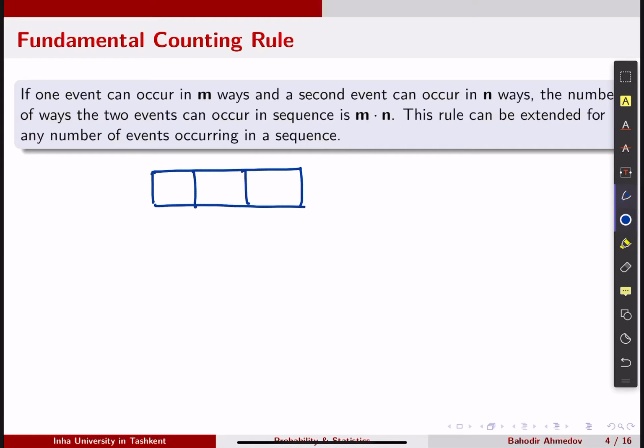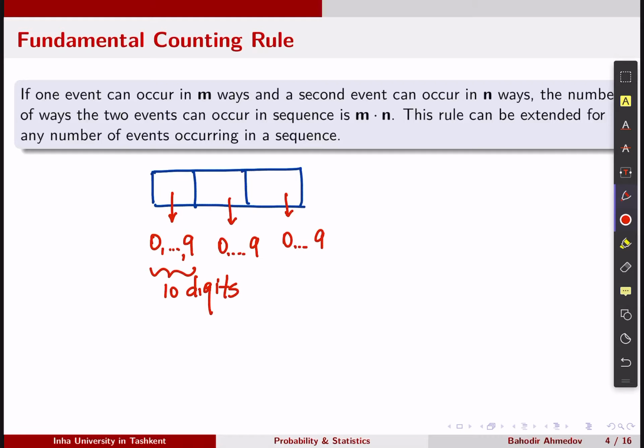Like a 1, 2, 3 digits. I really like the boxes. I would also suggest you draw the boxes in order to calculate the number of cases. So if I say every box can contain the numbers from 0 until 9, how many digits are there? There are 10 digits, right? If every box can contain any digit from 0 to 9, how many different IDs